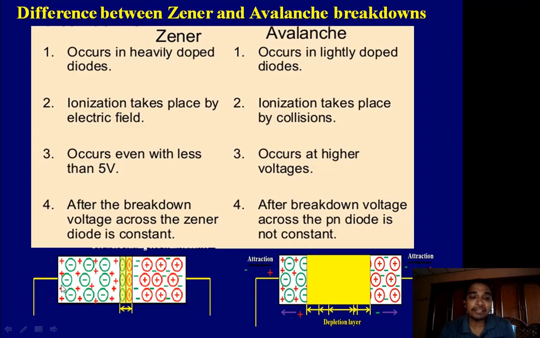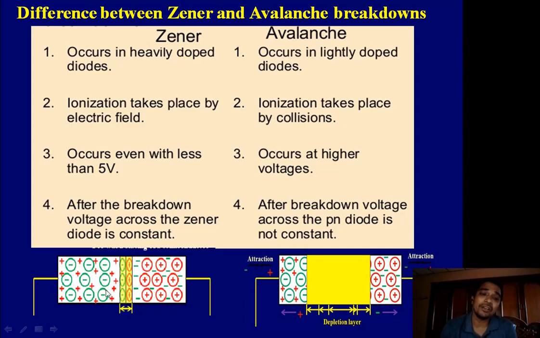So when you apply reverse bias voltage to this Zener diode, that much voltage you are applying in reverse bias, that much potential stress will be established across this narrow depletion region. I can say the electric field is very strong in this narrow region, in the range from 250 to 300 kilovolts per centimeter. It is very high.